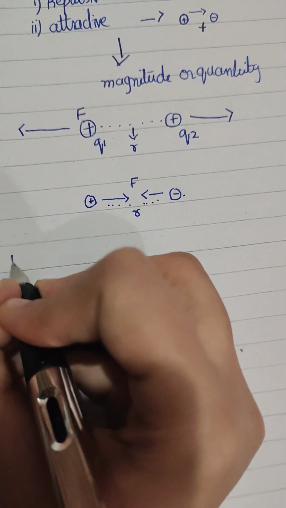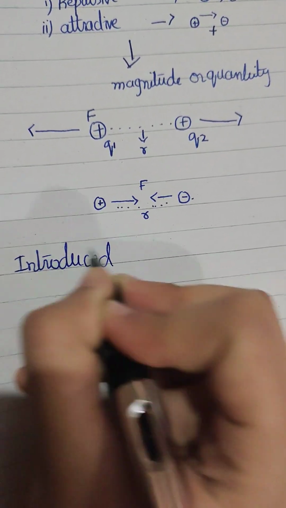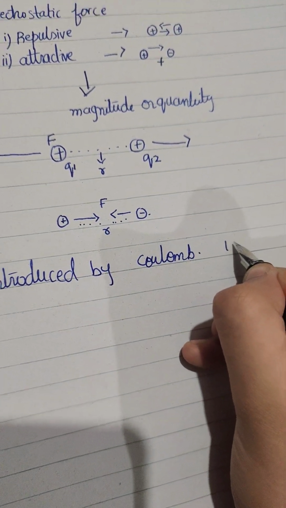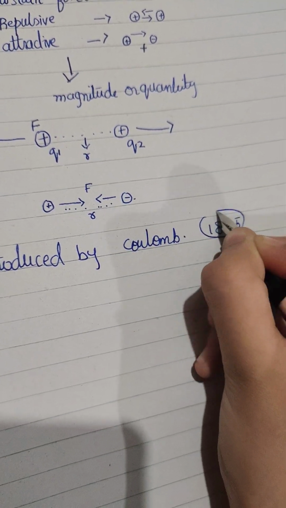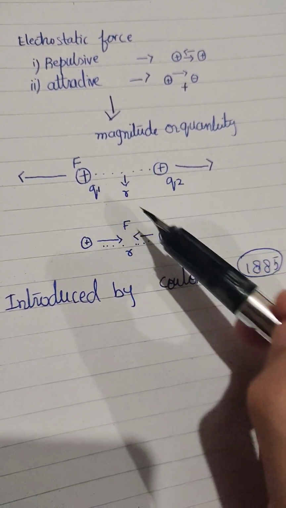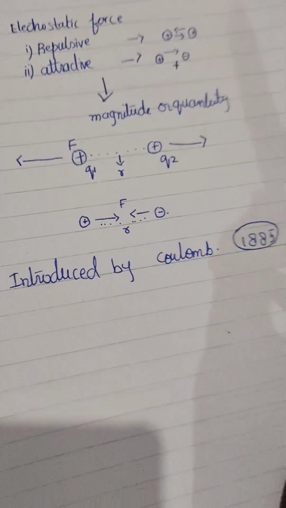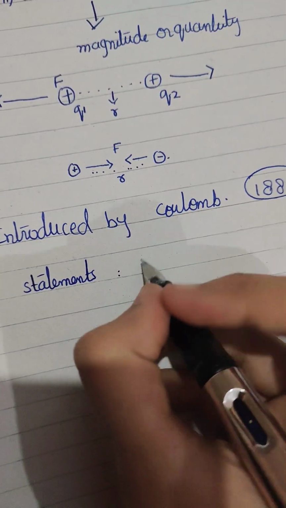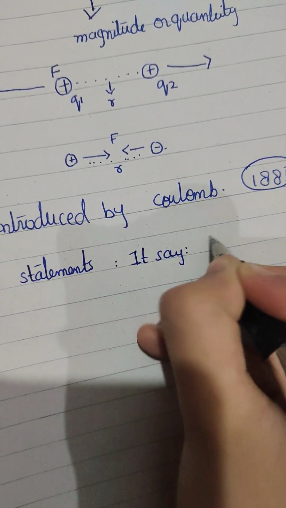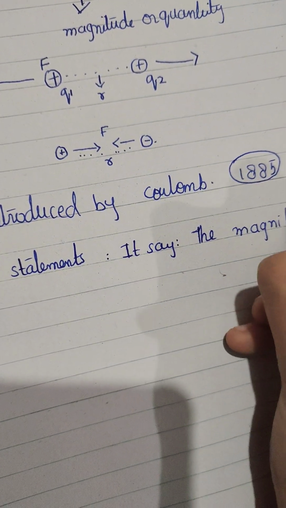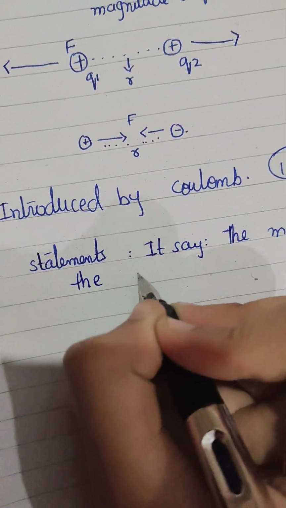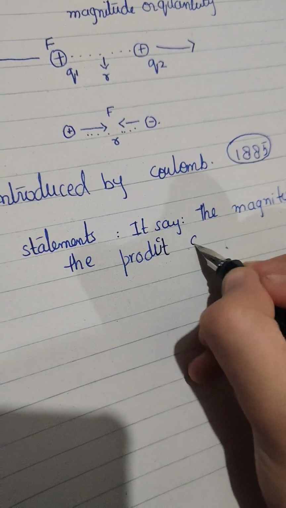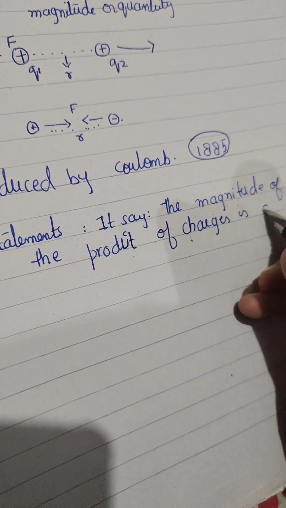Coulomb's law was introduced by a scientist, Coulomb, and he introduced this law in 1785. To find the magnitude or quantity of these charges, we use Coulomb's law. What does the statement of Coulomb's law say? Basically, Coulomb's law says that the magnitude of the product of the charges is directly proportional